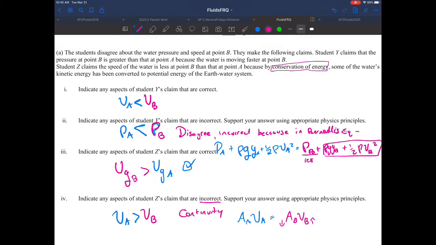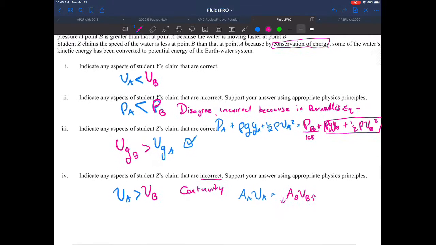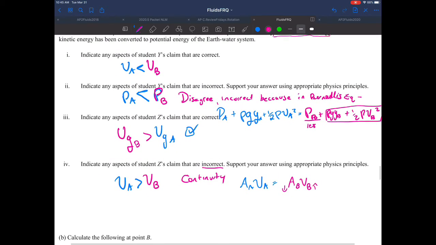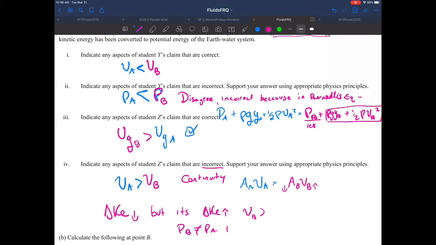They're claiming that the delta KE is going down, but it's actually going up, right? Because the velocity at B is greater. And PB does not equal PA, so there's a pressure difference